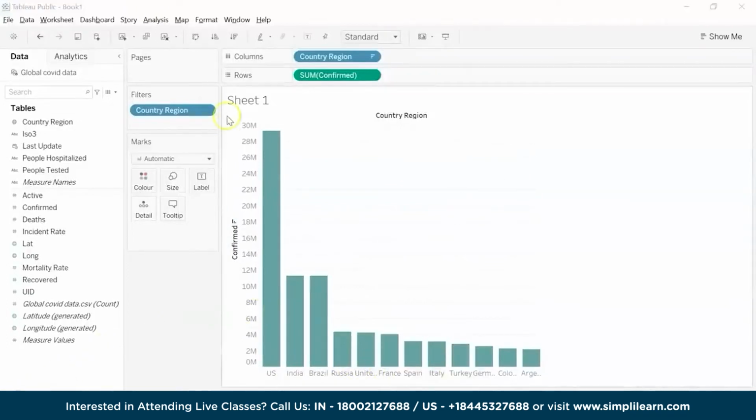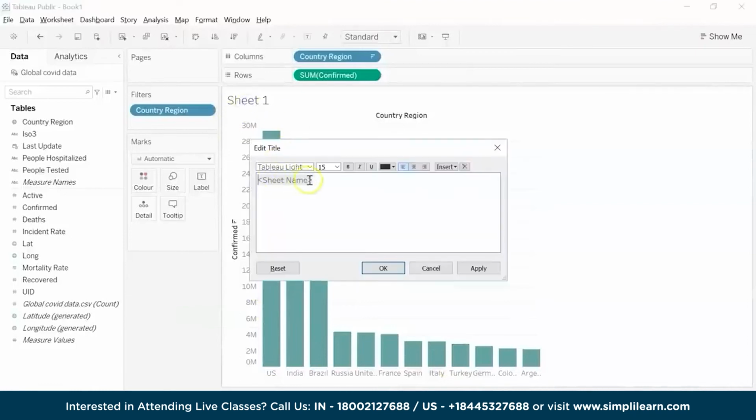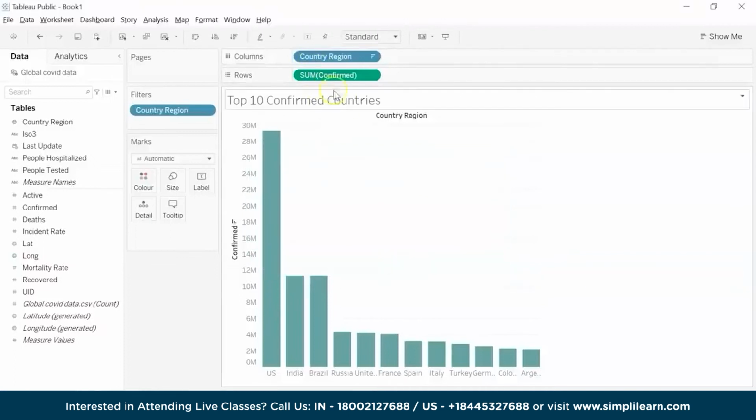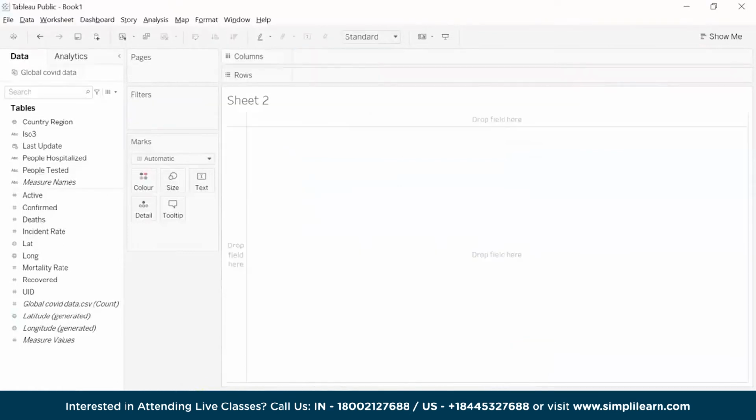Alright, now you can go ahead and give a name to this sheet. Let's say top 10 confirmed countries. Just apply and click on OK. You have the title to this plot. Similarly, you can change it here as well. Top 10 confirmed countries. Okay. Now let's move on to our second